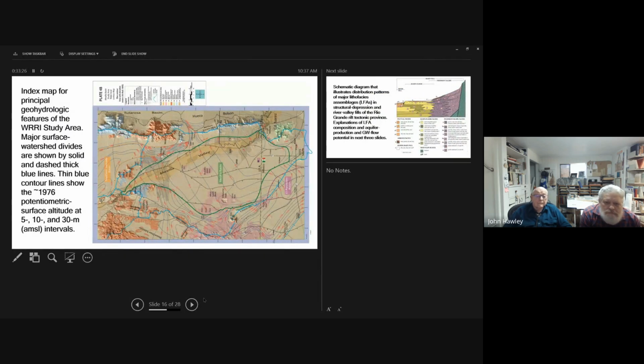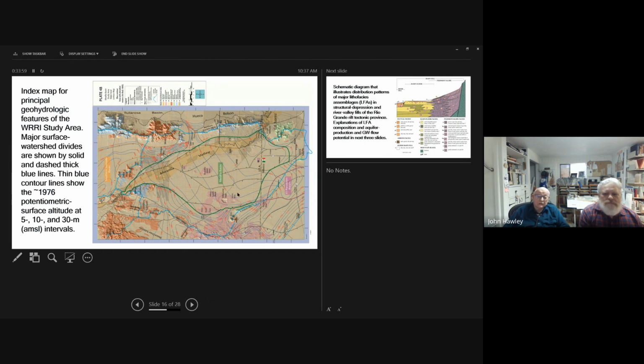What we've done here is take the geology. The orange colors are Tertiary igneous rocks. The blue colors are carbonate bedrock. The green is Paleozoic age. The yellows are mainly carbonate rocks of Mesozoic age, and then the volcanic rocks of various ages.